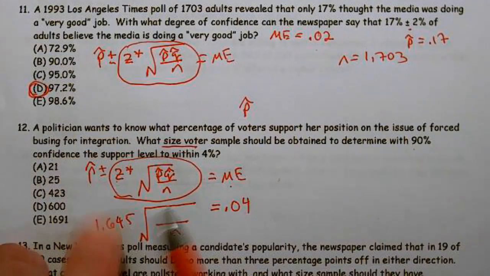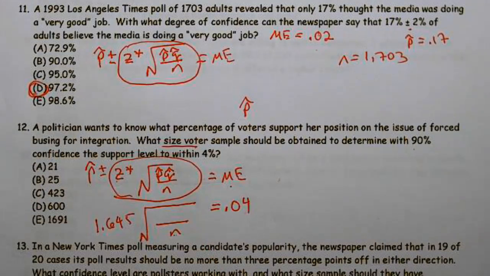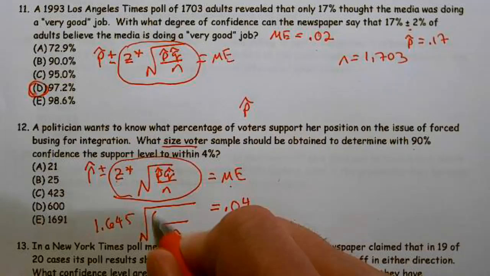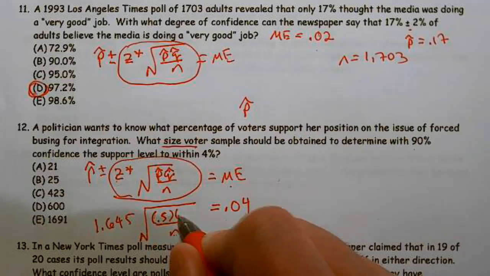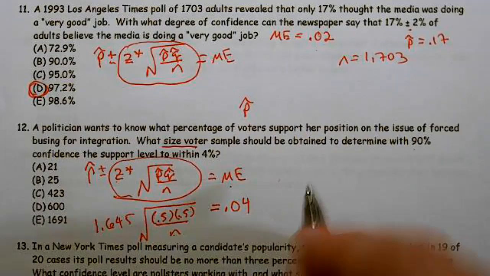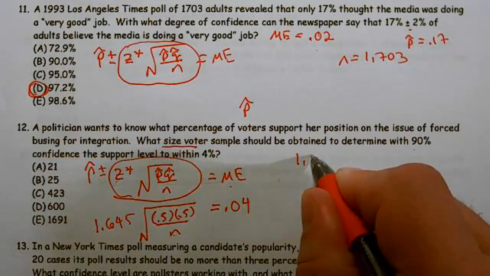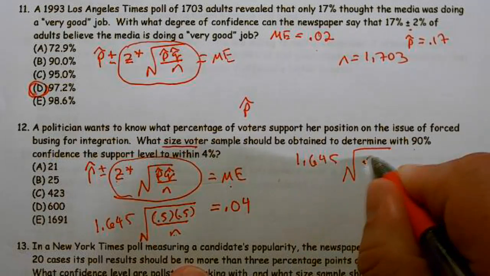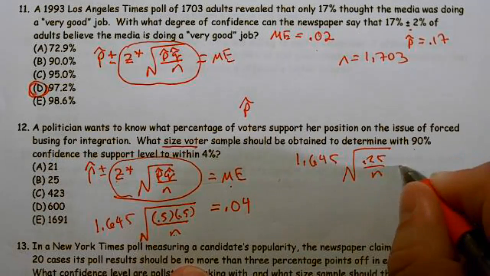I have a Z star, but they don't have a p-hat estimate. If I don't have a p-hat estimate, I have to use the value that will give me the worst case scenario. The worst case scenario is always going to be 0.5 because that will give me my largest numerator, which is going to be 0.25. So this is going to be 1.645 times the square root of 0.25 over n equals